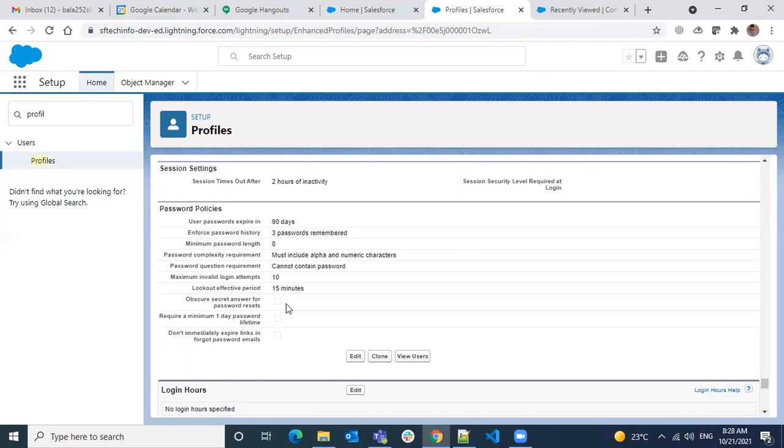You create one other custom profile: clone your system administrator profile and give it a different name, like custom admin. Create a new user with that custom profile, then change the different policies and try to log in and see.